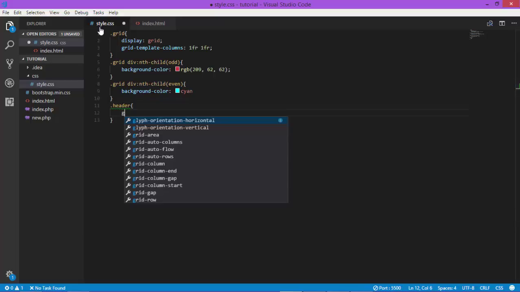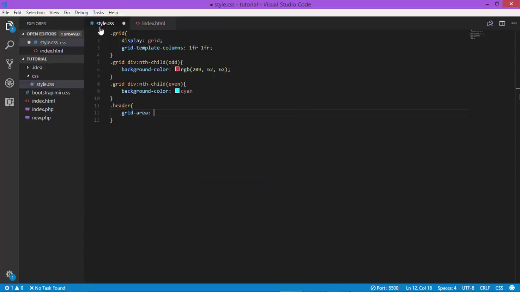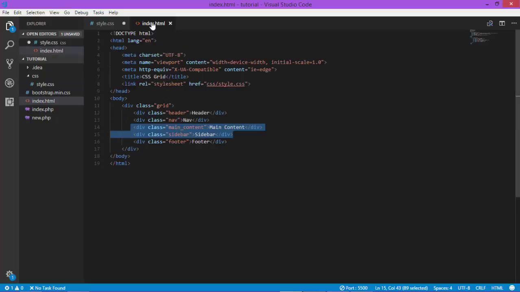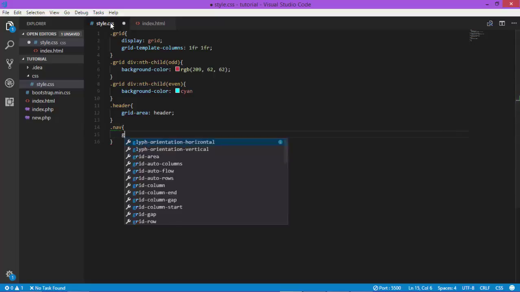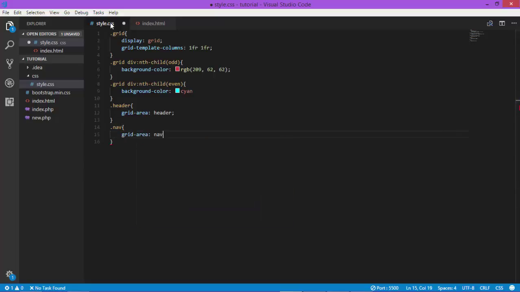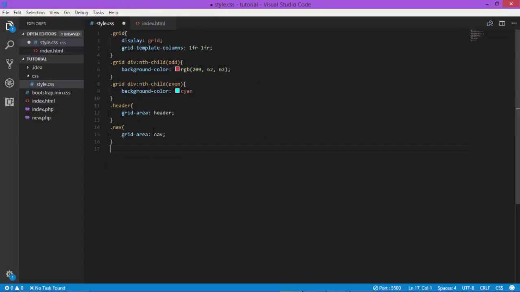So there is a class for grid area, grid-area. I just allocate the class name, which is header. The second portion is nav, grid-area nav. The third portion is our main content,